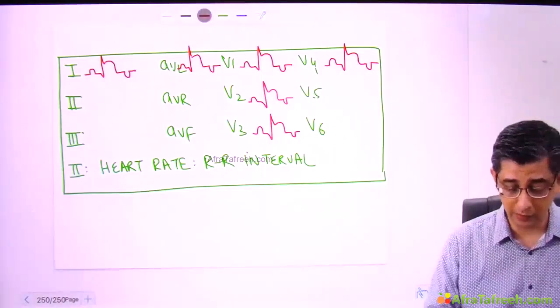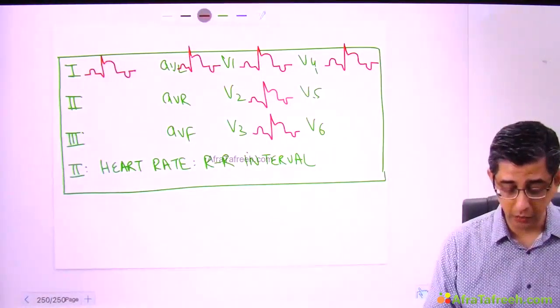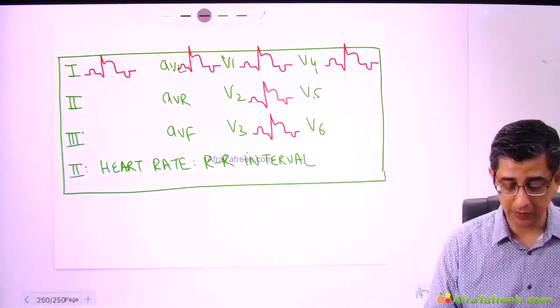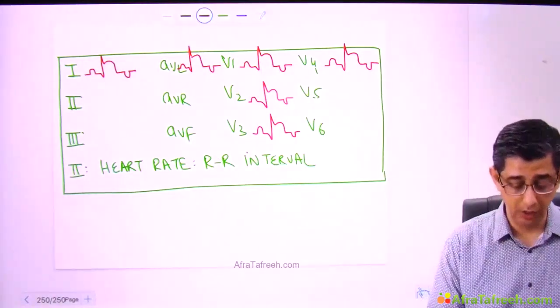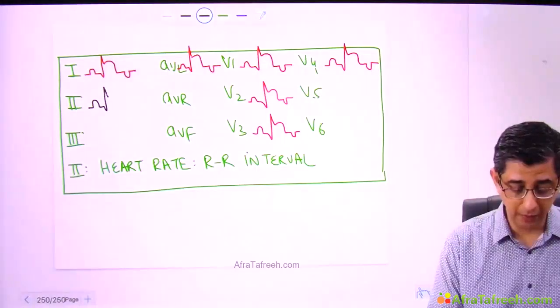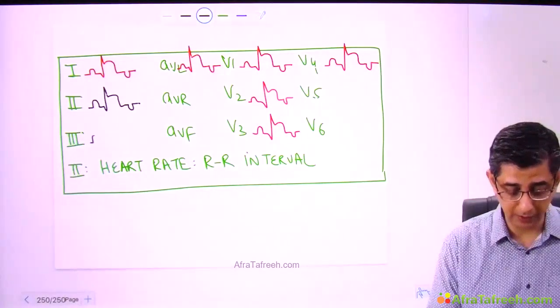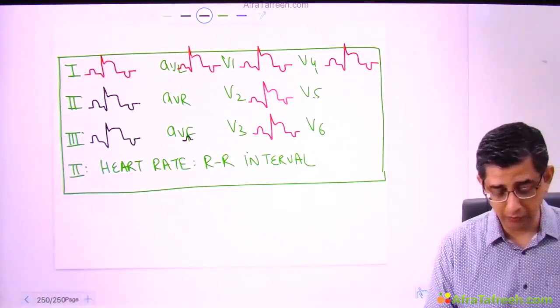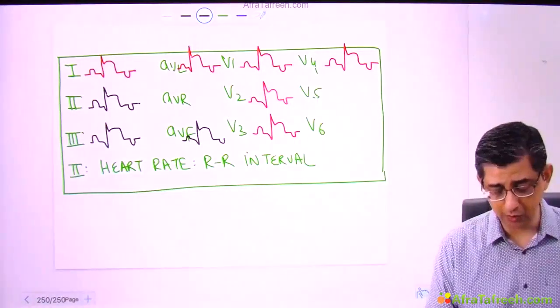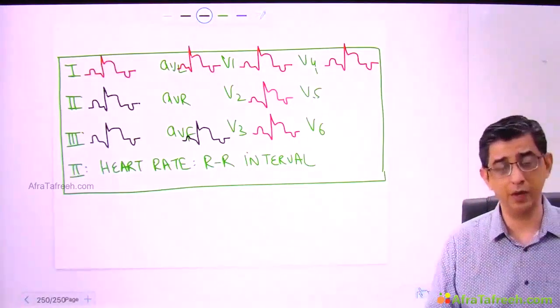However, suppose I'm just doing a color change here. You are getting a multiple choice question in the exam in which the changes are found in lead number 2. There's ST elevation present in lead number 2, lead number 3, and AVF. And you will find lots of such questions, whether you are using my app or anybody else's app.